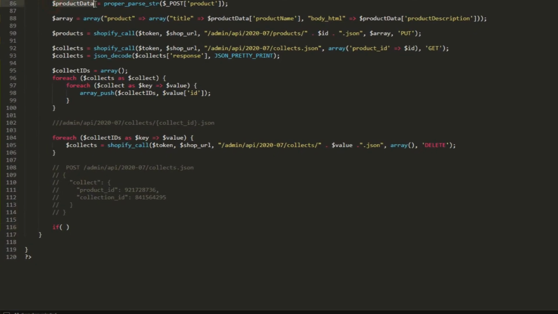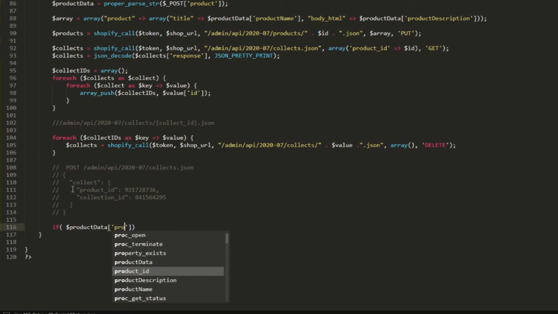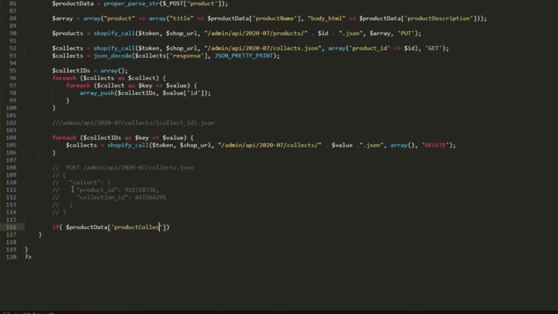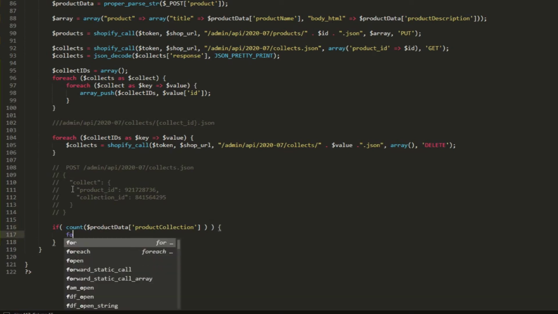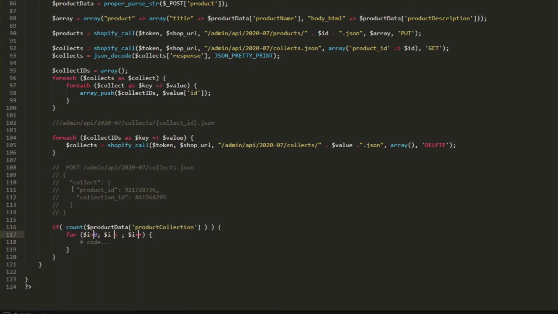And then finally, we can now check product data and then product collection count. Actually, no, it's wrong. It's supposed to be the count function, and let's close that with parentheses. Then inside, we can use a for loop. Let's fix this because it looks ugly. We need to include the count. So if i is less than the count of product collection,